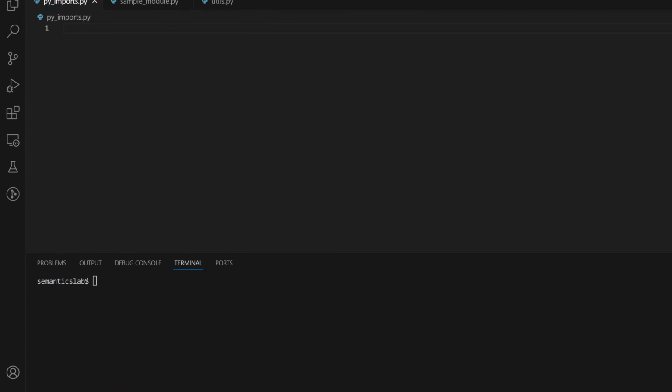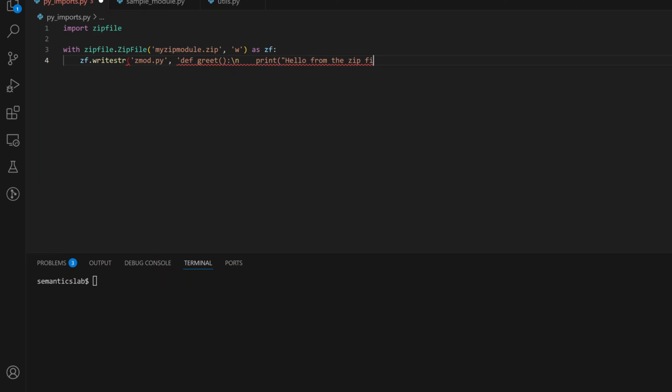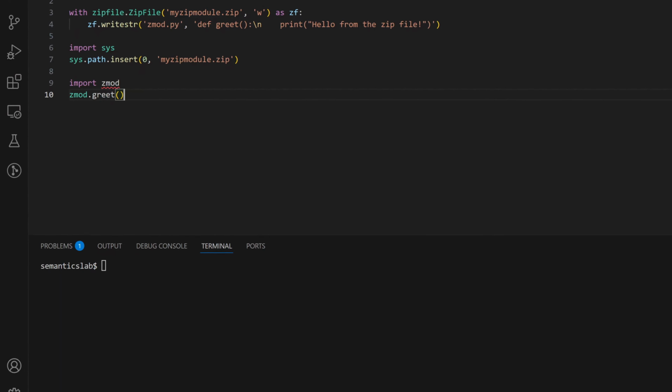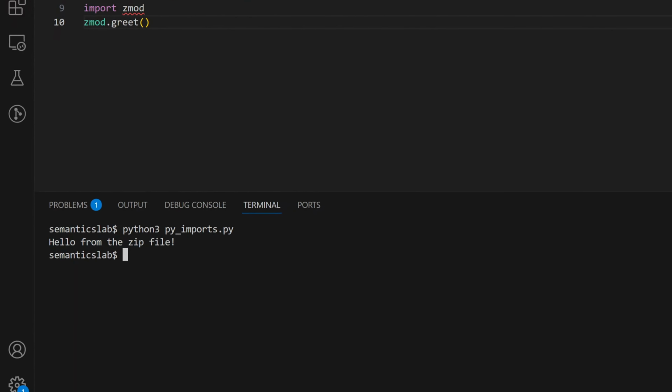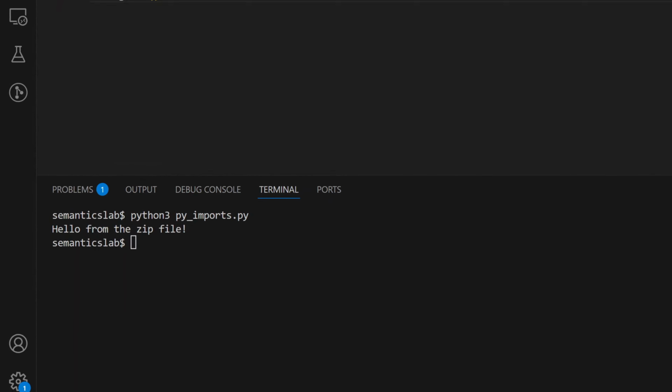Here is something interesting you may not have known. If you add a zip file to your sys.path, you can import modules inside the zip file like a regular module. Let's create a zip file, write to a file inside that zip file by adding another simple greeting function, add it to our sys.path, and then import the module. This zip file acts as a mini package, and since there is valid Python code to be executed, it is